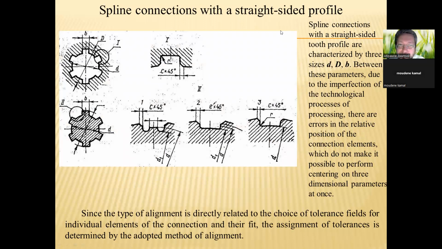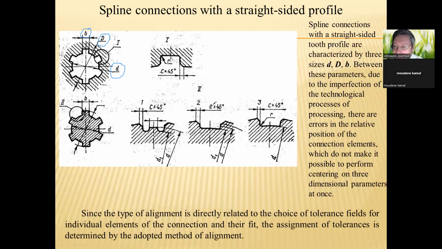Spline connections with a straight-sided profile. Spline connections with a straight-sided tooth profile are characterized by three sizes, like in this figure: small d, its internal diameter; big D, its outer diameter; and b. Between these parameters,